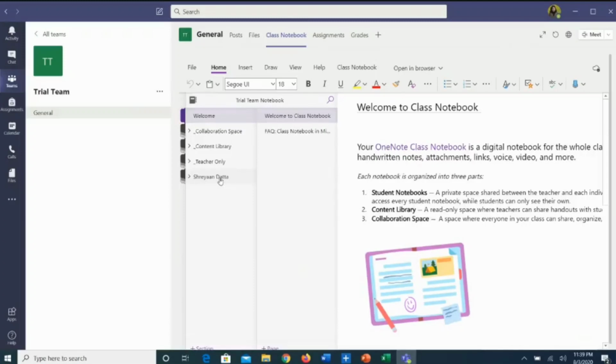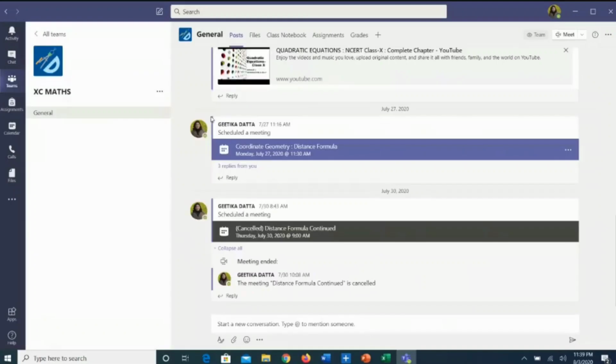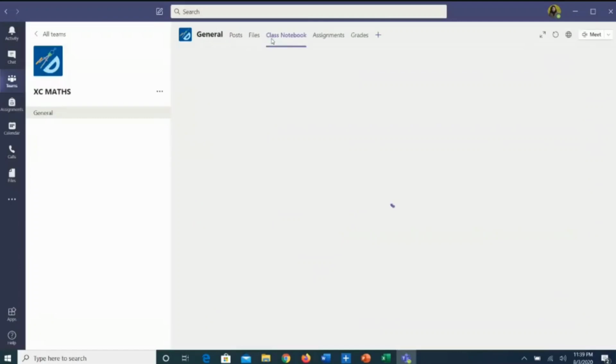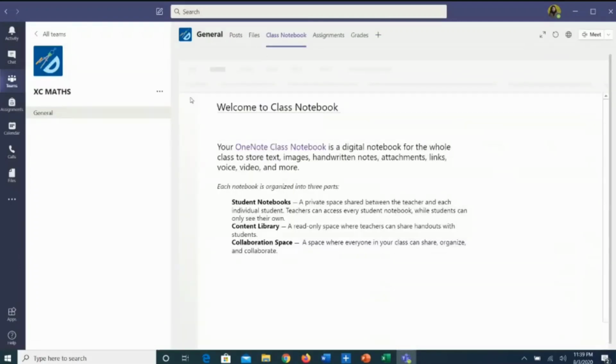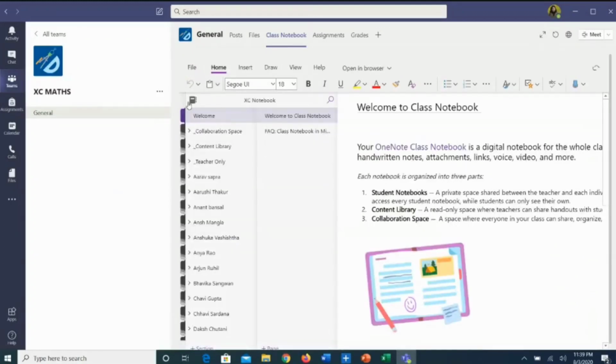Now because there is only one child that I have added in my trial team, you can see only one notebook. I'll take you to another team wherein I have more than one student. Let me take you to this 10C class team, and you can see the class notebook here. I'll go on to the navigation panel here, and you can see that after teachers only I have so many students and their work.